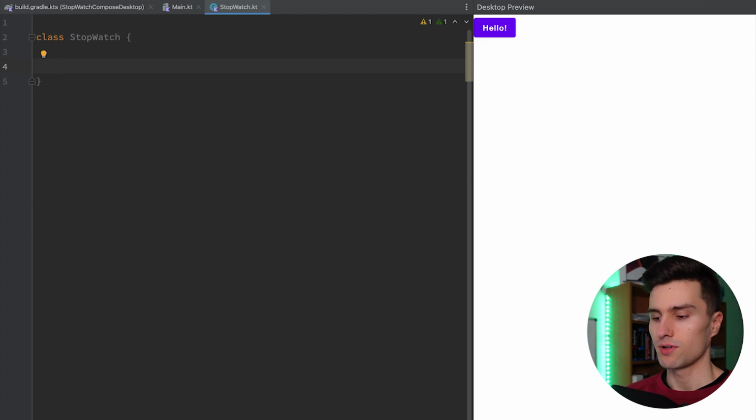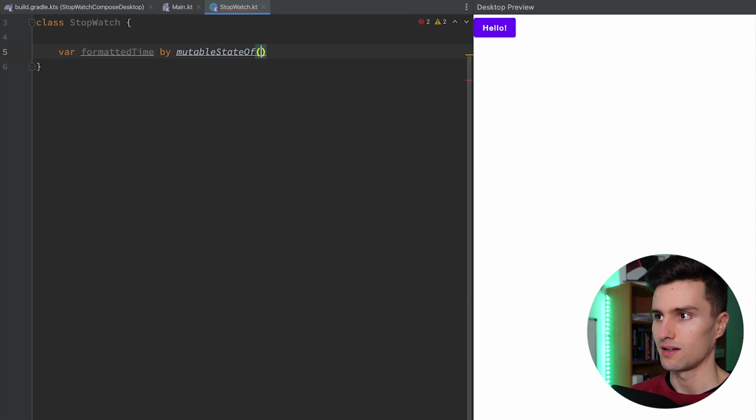And inside of this class, we will just, first of all, create some variables. On the one hand, we want to have some Compose state. So it's basically the same as we know from Android. We're going to have state, and when that state changes, our UI will in the end update. So we really don't need to learn any new concepts, at least in regards to building the UI and changing it. So let's actually have a variable here for a state, which I will use for the formatted time, by mutableStateOf, and here we are going to choose 00:00:000 as the default value. We want to import this,